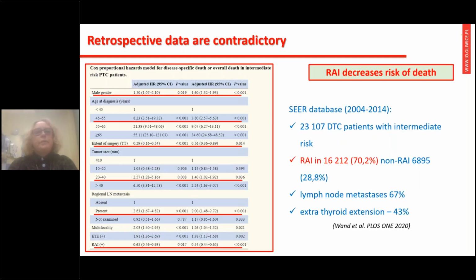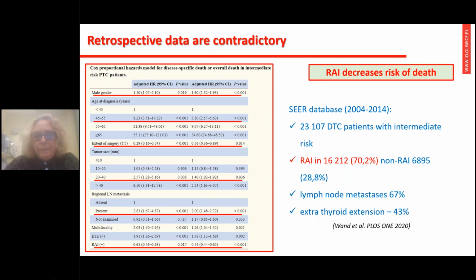Unfortunately, we do not have such strong, such high quality data in the intermediate group of patients, so we have to rely on other sources. For example, the best sources that we have are retrospective analyses of big sets of data. But unfortunately, with the retrospective data, we have rather contradictory results of these analyses. And here we have one of the studies, more than 20,000 DTC patients from the SEER database that were treated between